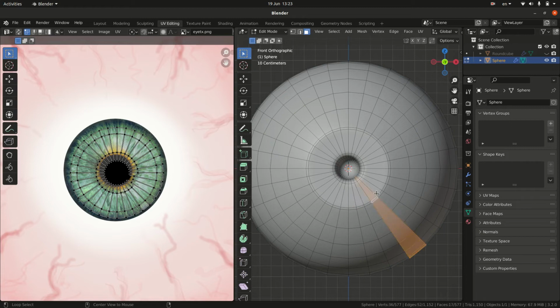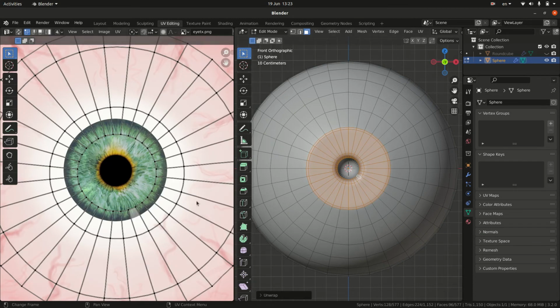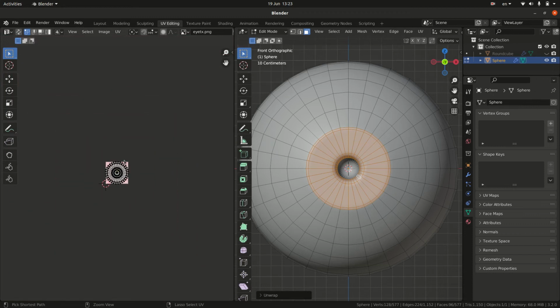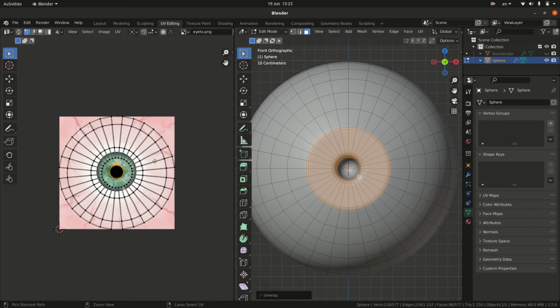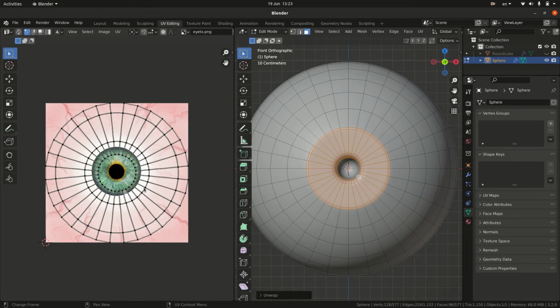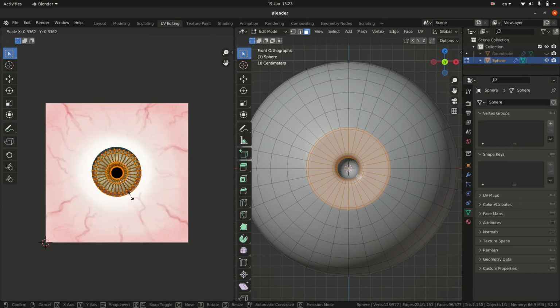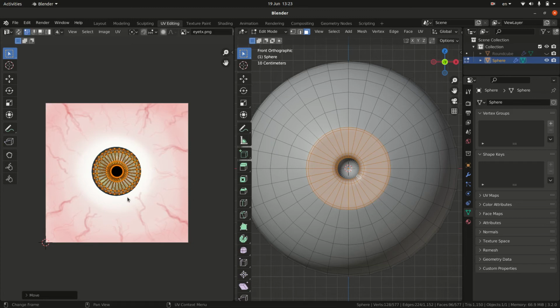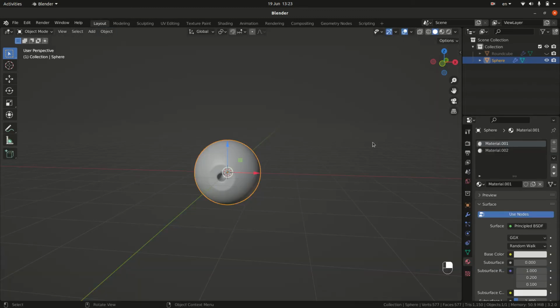Alt and click. Okay, U and unwrap. Something like this. Let's go to the left side, A to select all and S to scale, so it matches your picture. G to grab and position it somewhere in the middle. Okay, go back to layout, and